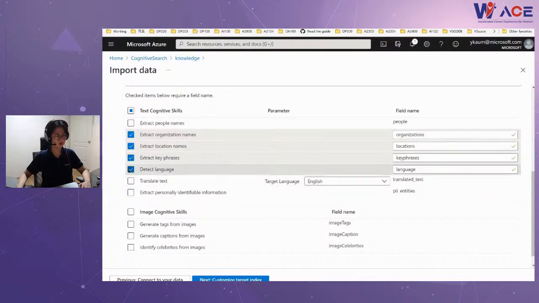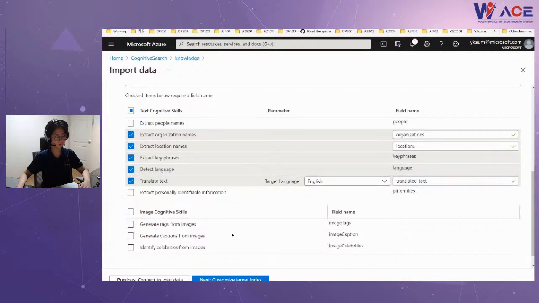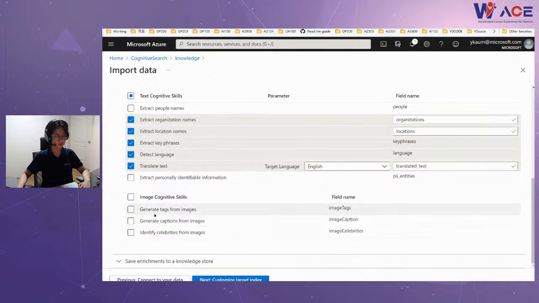If they wrote their feedback in French or Japanese, then I wanted to translate into English. So I'll just choose both. And if they took some pictures of hotels and others, I wanted to see the objects inside it. And I wanted to have the description of the picture.